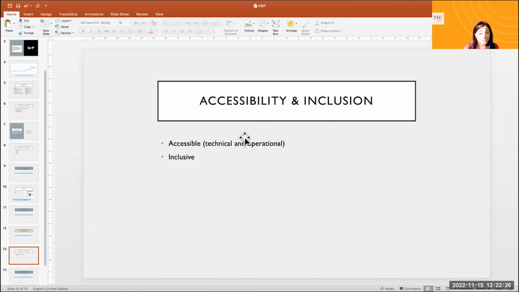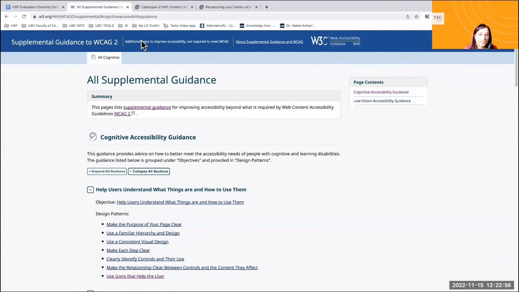And the final section is accessibility and inclusion. For this, I wanted to talk about how accessibility is more than just technical accessibility. It's operational, and then again, cognitive accessibility, as I mentioned. So on the checklist, that looks like